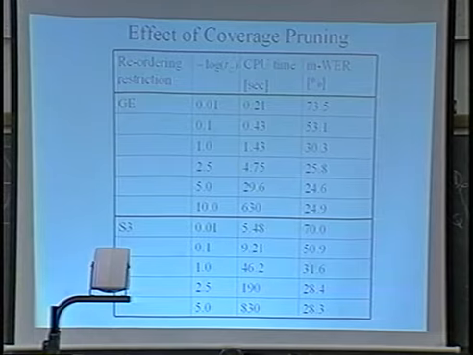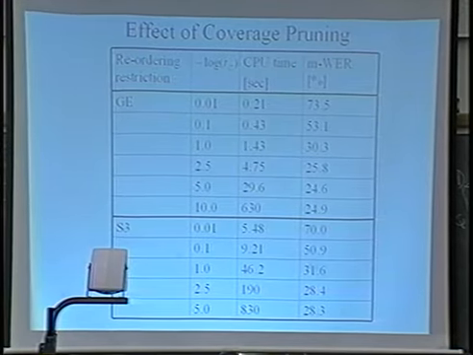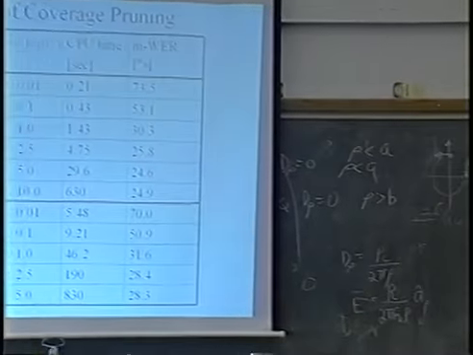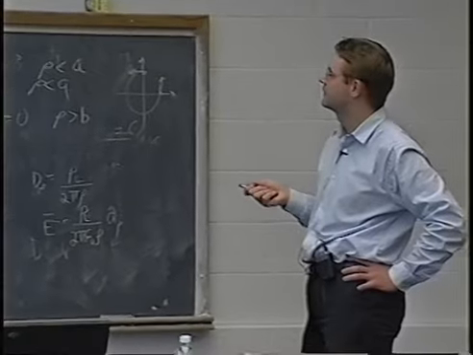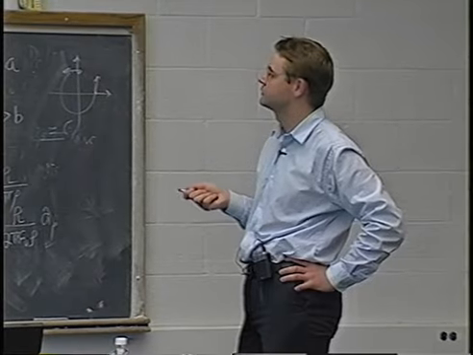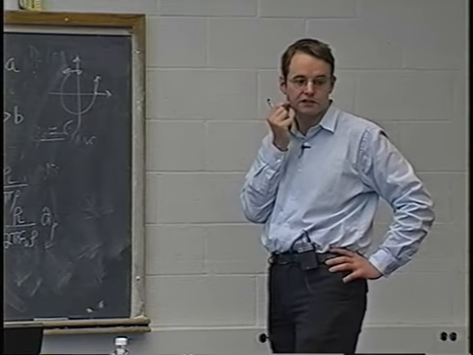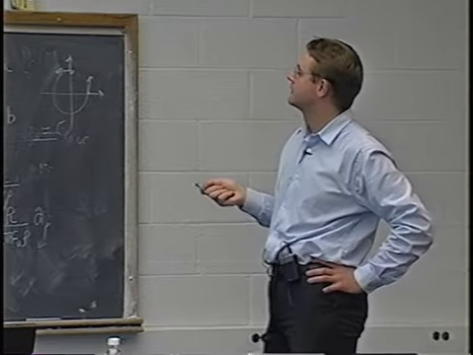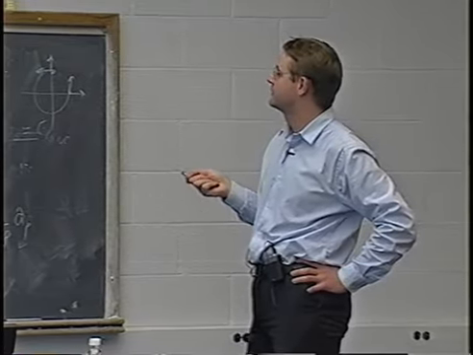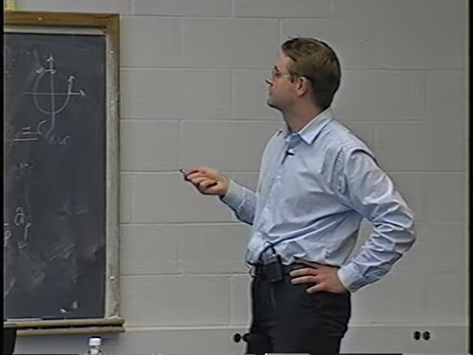I report the coverage pruning threshold as its negative logarithm. As you increase the coverage pruning threshold, you retain more hypotheses in the beam search, and so on the evaluation data the multiple word error rate goes down